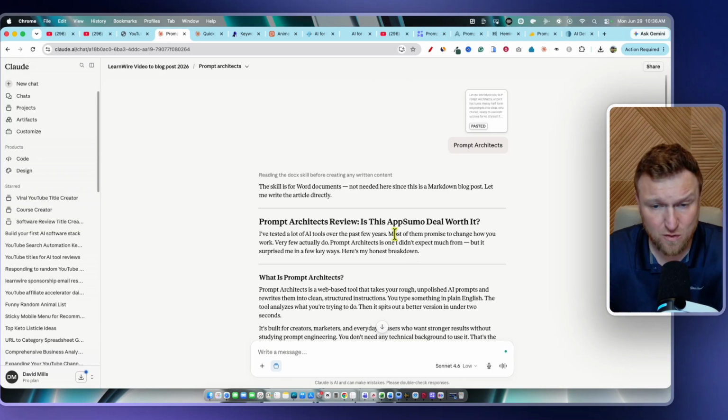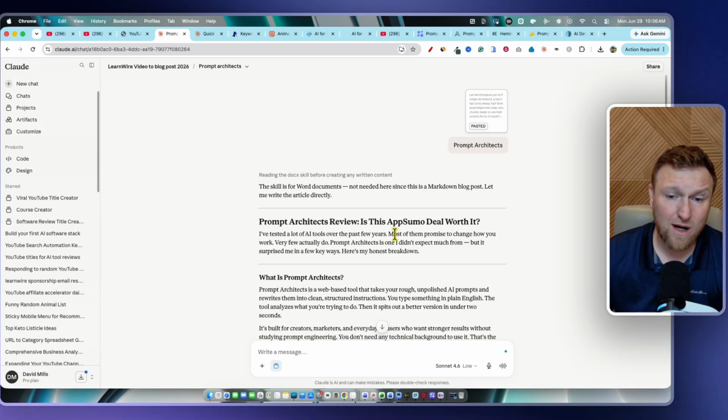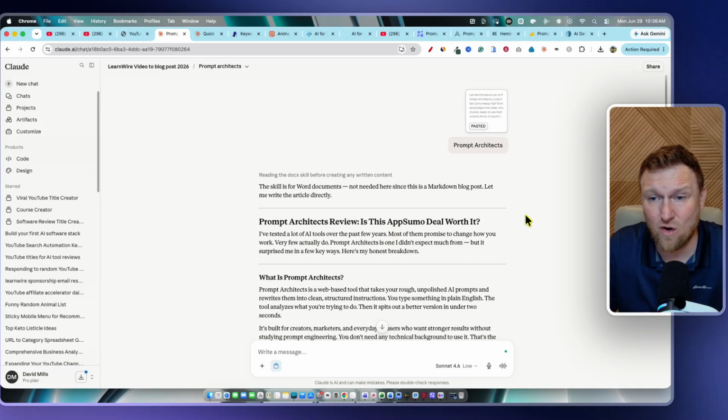Now, there are some other technical things we could do. We could add in, hey, here's my sitemap, and where appropriate, add 5 internal links. And there's a lot of other technical things we could do. We could also say, here's what Prompt Architects is, I want you to make sure you include that 3 times in the article, blah, blah, blah. There's a lot more SEO technical related things that we could do, but we have a really good article